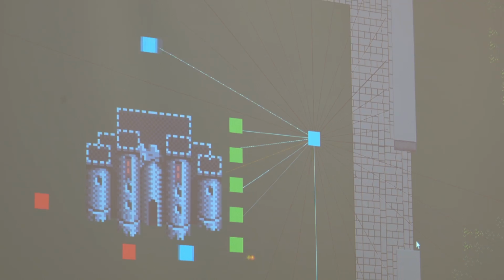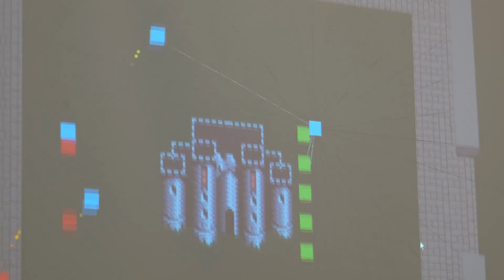So the AI can only learn what you've shown it. So I built a system where basically when they get stuck in corners and stuff, you just switch to that character and show it what to do. And then they can learn how to get out of that situation. So you can also train them to shoot and stuff.